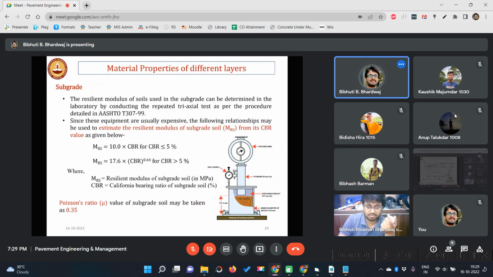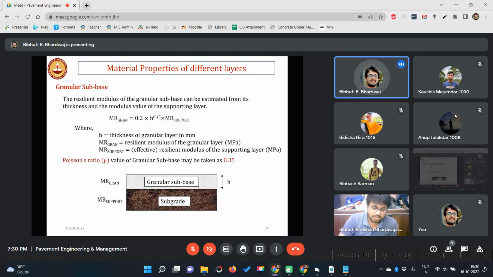So from subgrade, what is the elastic modulus of subgrade? How did you calculate? For that, we need to know the CBR value of the soil. From the CBR value, we can find out the elastic modulus or modulus of resilience of the third layer, the subgrade layer. So we calculate that. Then with the help of that, we find out the modulus of resilience or elastic modulus